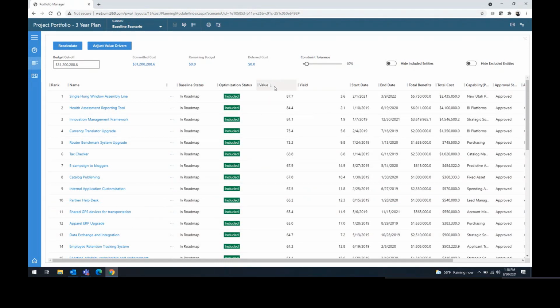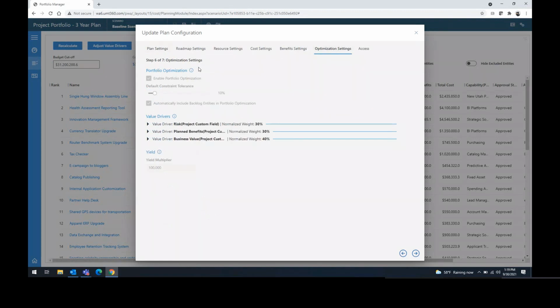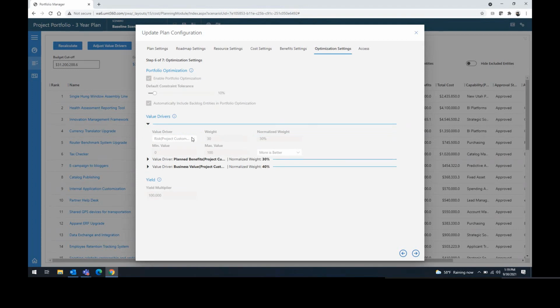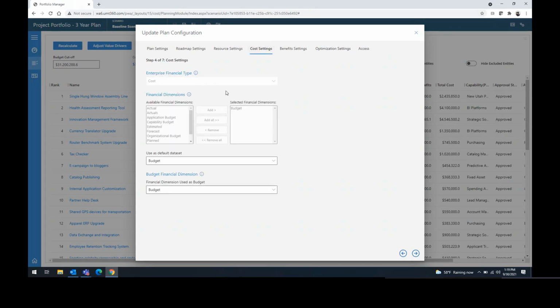We also added two intrinsically calculated scores called value and yield. And value is a score between 0 and 100 that helps with prioritization. Now, what defines this value, it's up to you. You can configure, as part of the plan, up to 5 value drivers. And these value drivers can be custom fields of type number and currency. They can be scores from the UMT360 surveys, or they can be the actual financial values from the EFT selected in the cost